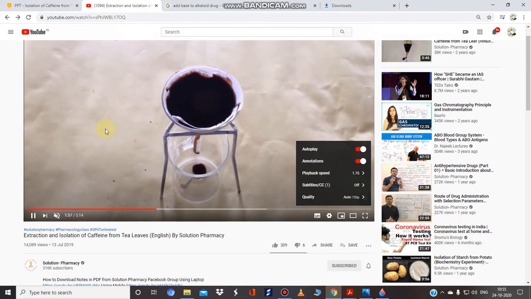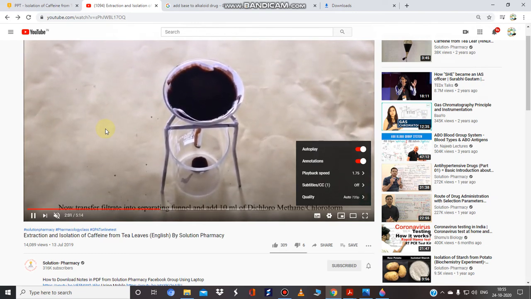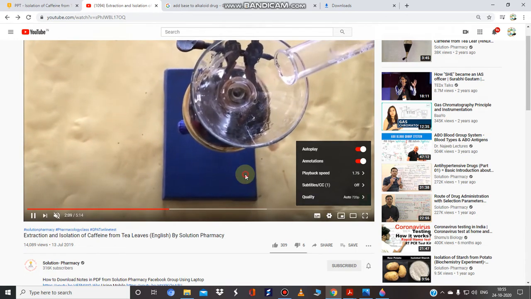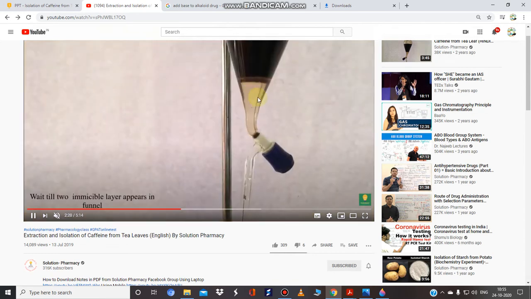First of all, you use sodium carbonate, and then secondly, you use dichloromethane or chloroform. Over here it was written. We take a separating funnel and add dichloromethane.